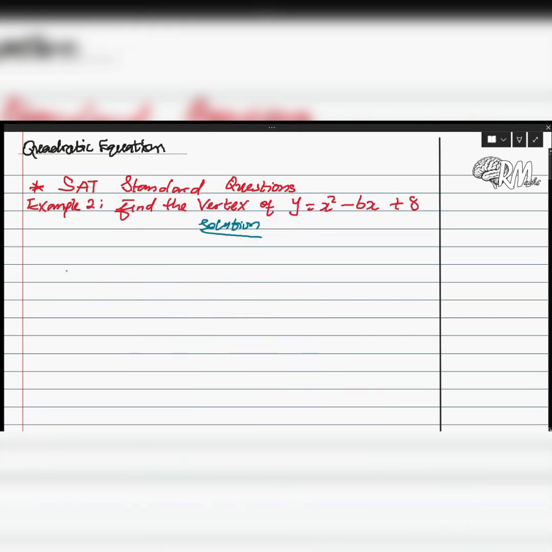Now the second question on the SAT standard questions, we are asked to find the vertex of y equals x squared minus 6x plus 8. This simply means that we should find the point on the graph where we draw the quadratic equation graph, then we find the vertex point. So vertex just simply means your x-coordinate and your y-coordinate together. But before then, I will have to first find